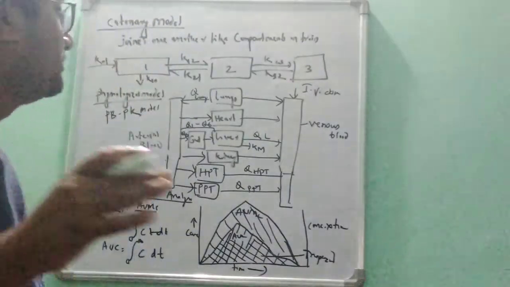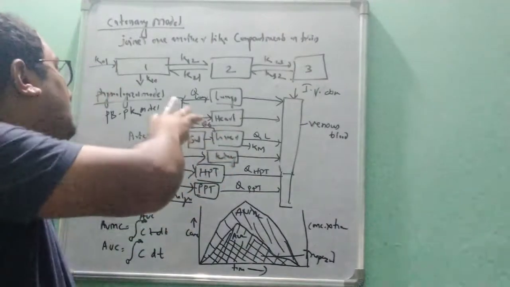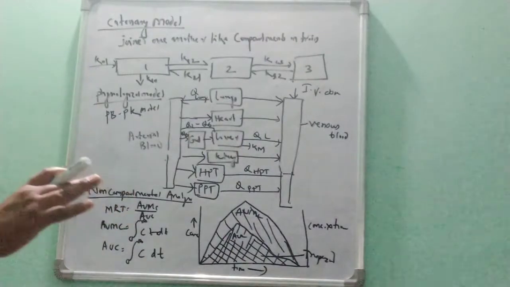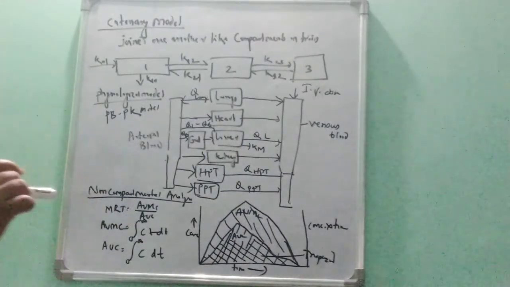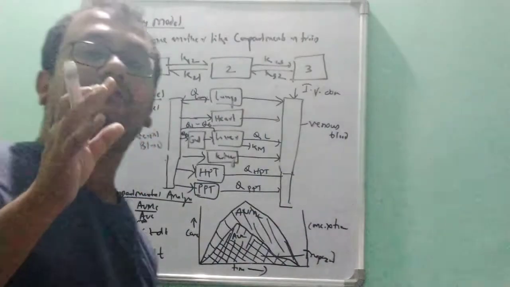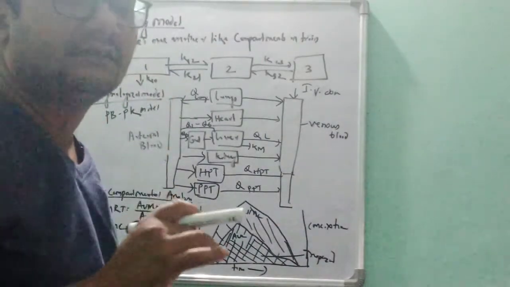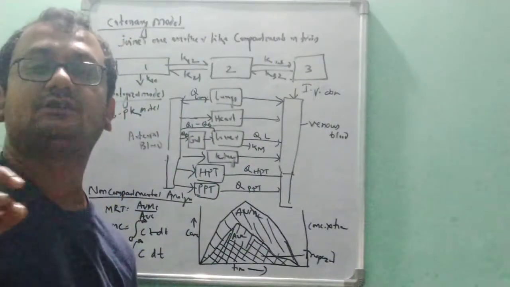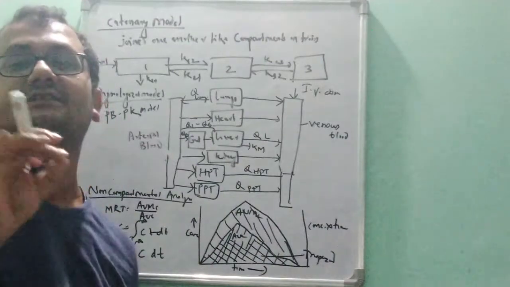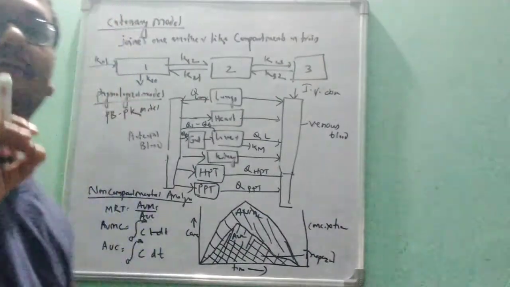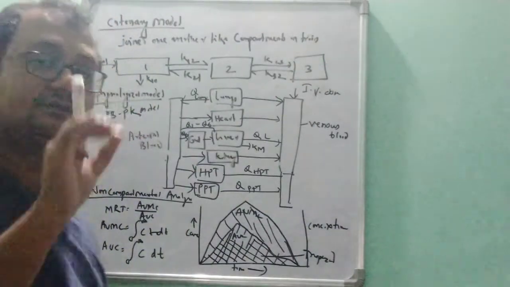Another model is the distributed parameter model. Nowadays it is also not used. It is also a realistic model, like the physiological model, but it depends upon variations: variation in blood flow to an organ and variation in drug diffusion to an organ. We have to keep this variation in the distributed parameter models. It is not explained properly in the book and not used nowadays, but you have to know that it takes into account variation in blood flow and variation in drug diffusion.